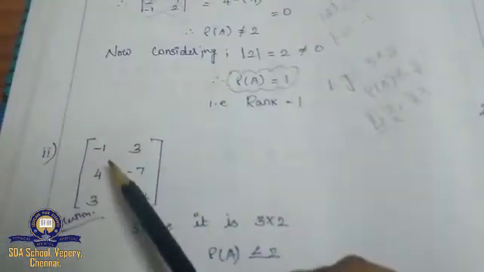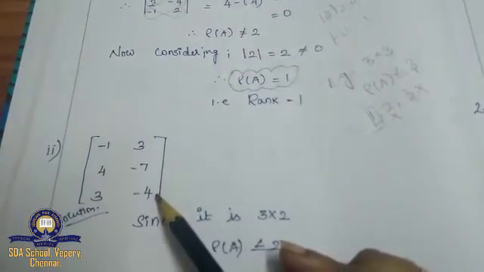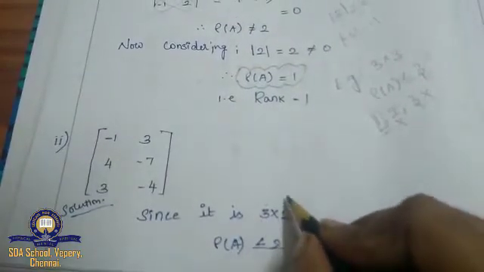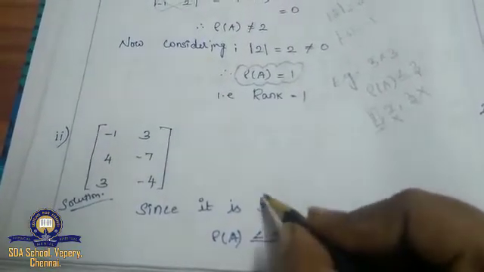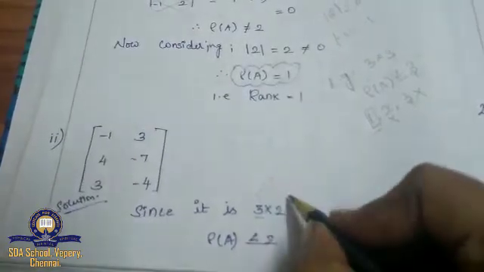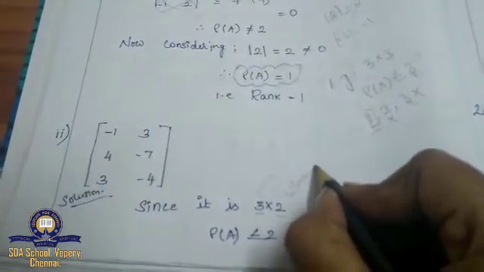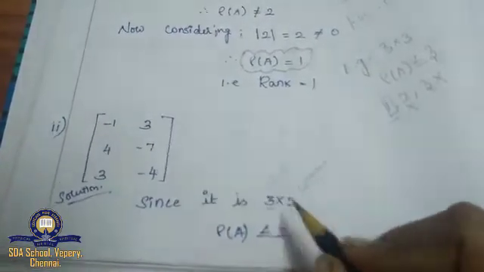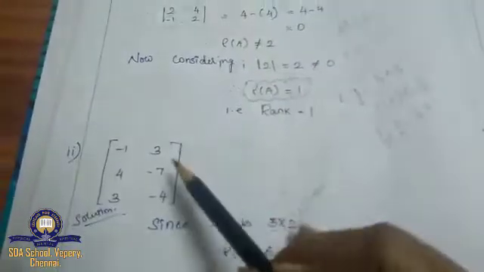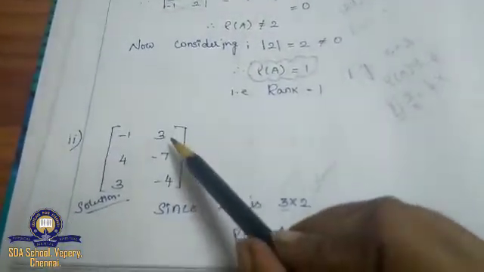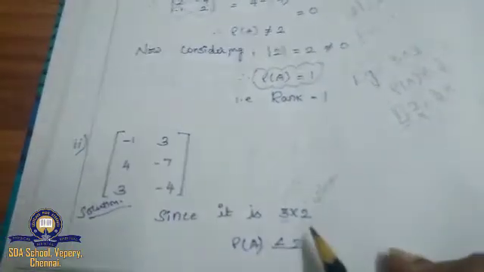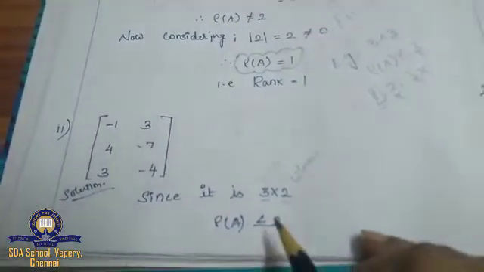Now see the second subdivision. Here it is given 3 rows and 2 columns, a 3 cross 2 matrix. So listen carefully. 3 rows and 2 columns. First one we usually denote as row, right? Second one is column. And you have to take the column value only, not the row value. Here row and column are not the same. So here I am having 3 rows and 2 columns, so you have to take the column value only, not the row value.